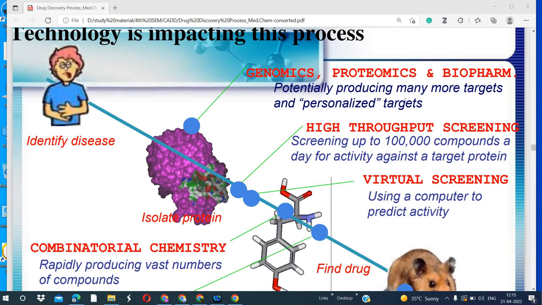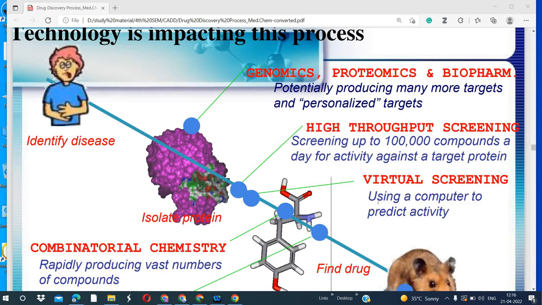Then we proceed to drug development. Then we identify the lead molecule against these targets. Here we can use virtual screening. We can use already discovered compounds that are stored in databases, or the virtual molecules that are available in the ZINC database. So you can screen those compounds against the target using the computer.